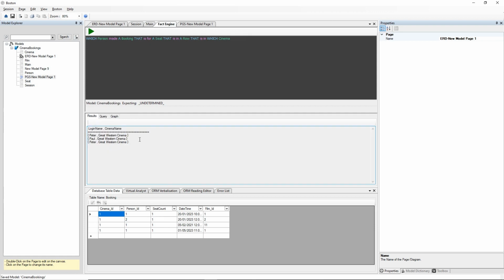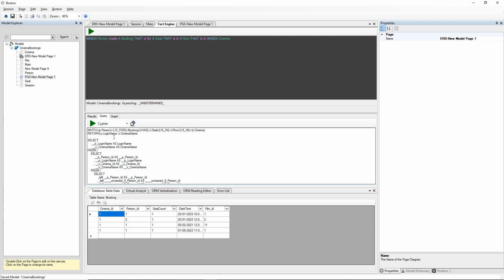And here's our results. So we get the same results. So Peter has made a booking for a seat in a row in the Great Western Cinema, and he's done that twice. And Paul also has made a booking for a seat in a row in the Great Western Cinema. Now when I go back to the query here in